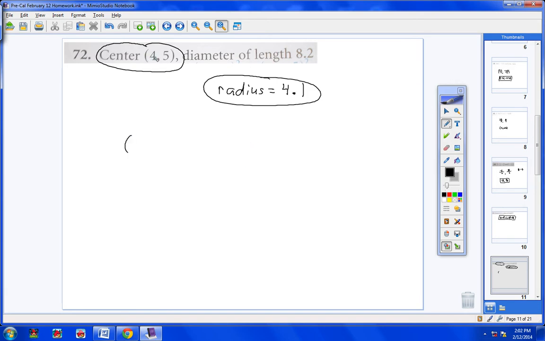Notice I have a positive 4 here for my x value, so I'm going to change the sign and put (x - 4) squared plus. Notice I have 5 for my y value. I'm going to change the sign. (y - 5) quantity squared equals, and now my radius is 4.1. So I'm going to put